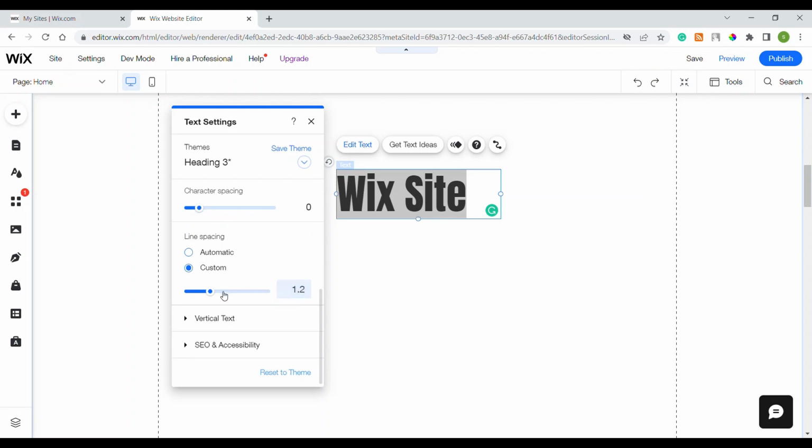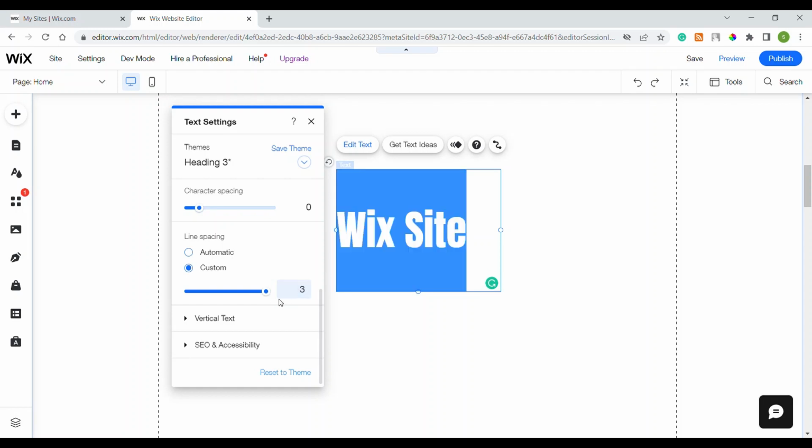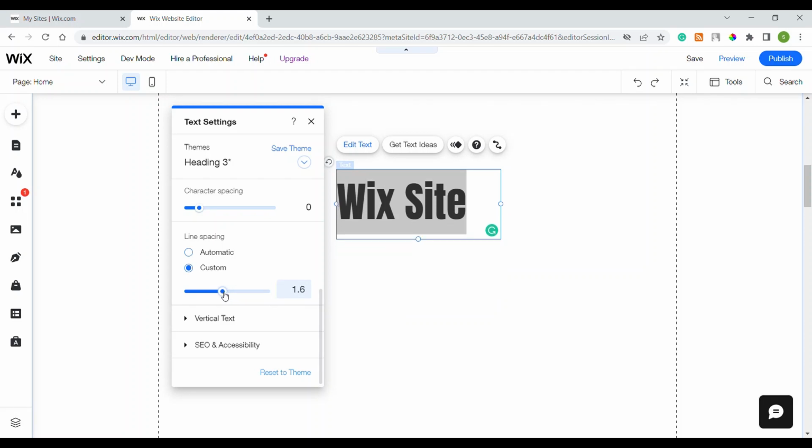If you increase the line spacing, here is how it is applying the effect. We have set it to 3, and again if you decrease it, this is how it is implementing the effect. You can either do it like this, or you can just simply add a value here and it will apply the changes. So here is how you can apply the changes for line spacing, whether automatic or custom,